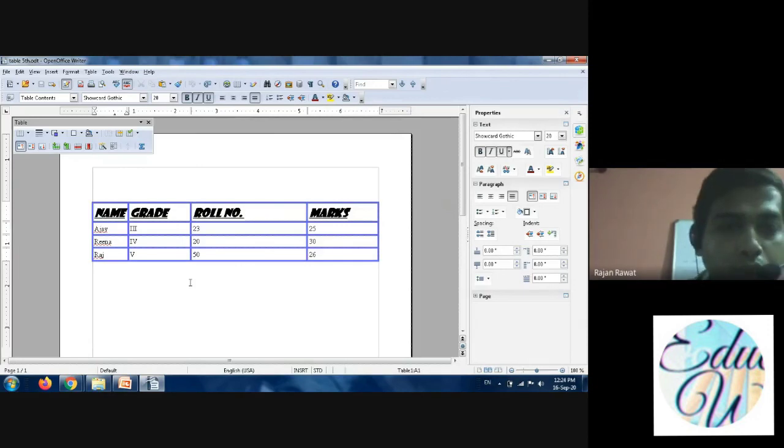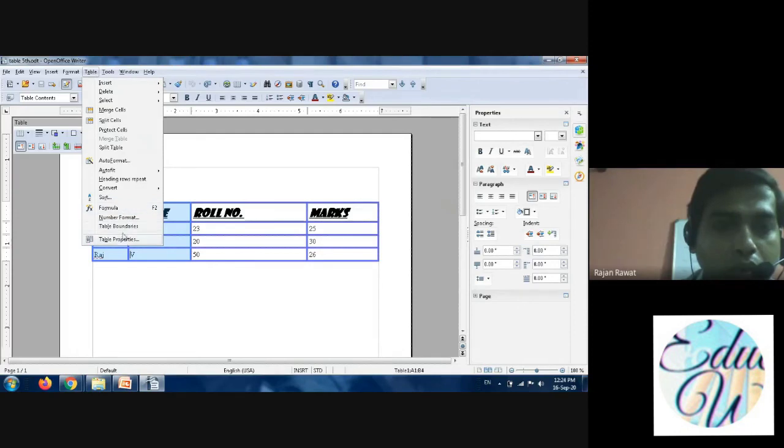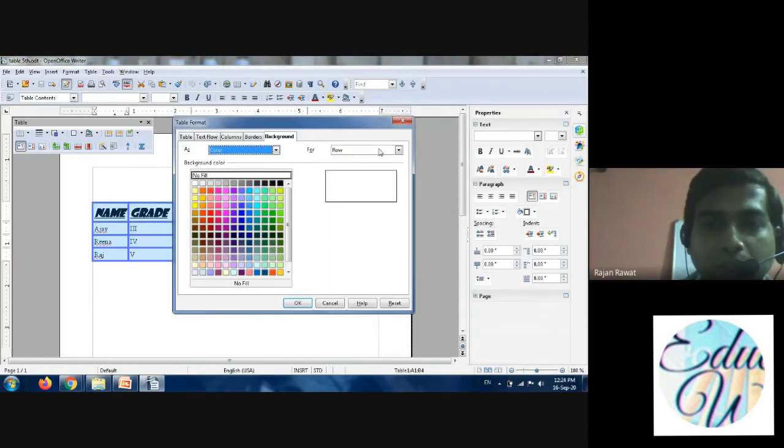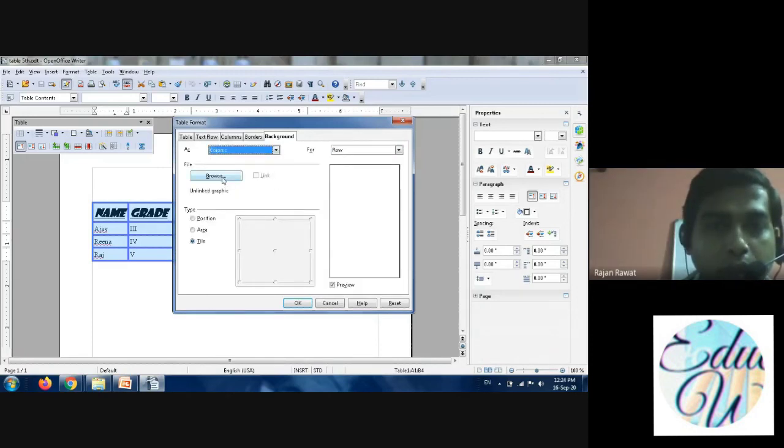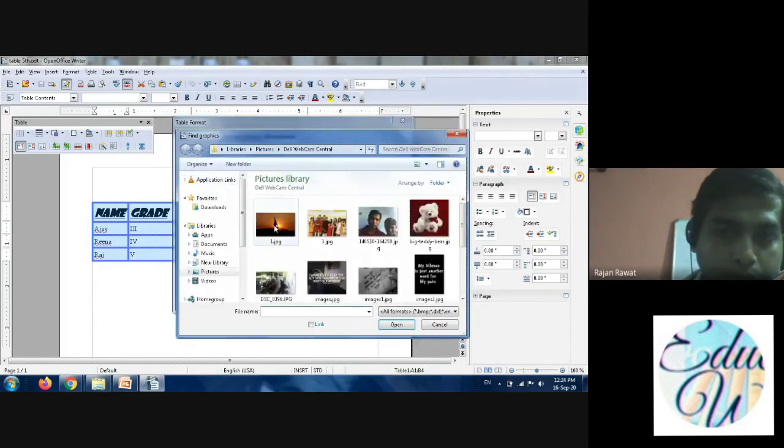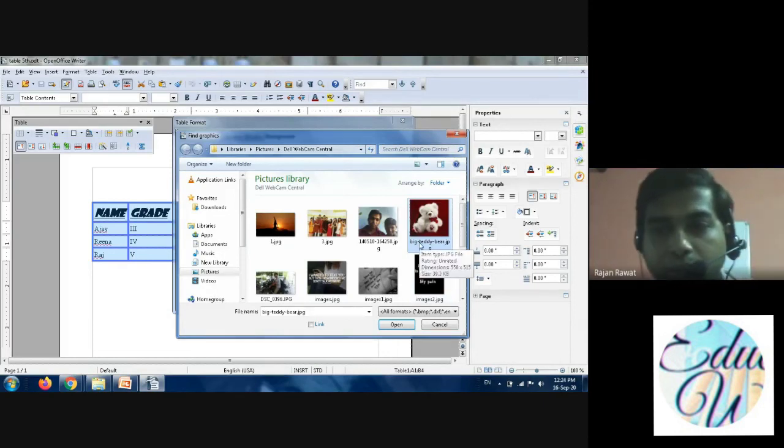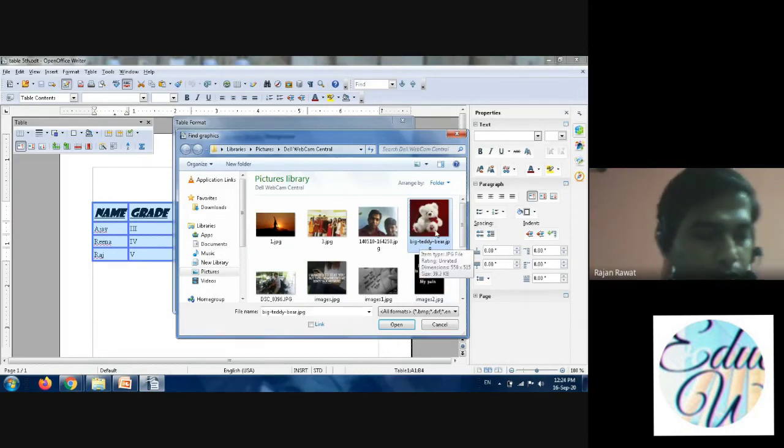Student, once again I am going to show you how to place a graphic picture. You have to select the table, column or row, then click on table, go to table properties. Like I'm selecting row. First you have to do this thing, selecting cell, row or table. I've selected row, then click on graphic, then click on browse. Any picture that you want to display, you can select, like I'm selecting this teddy.